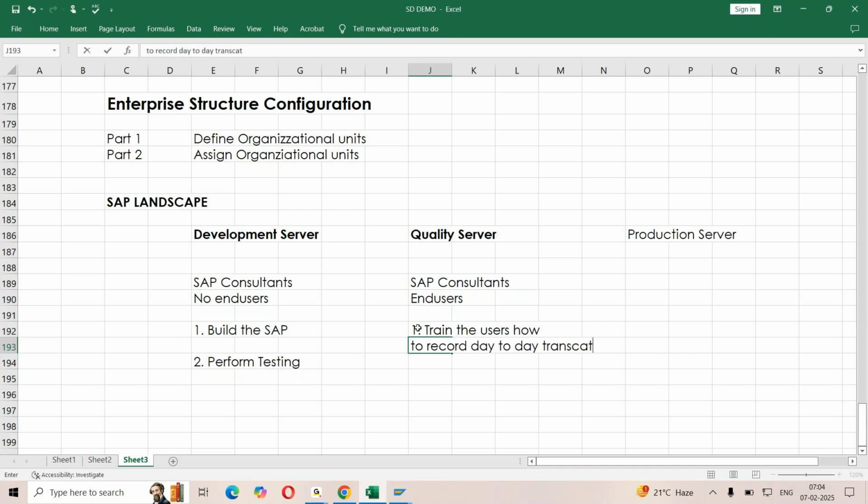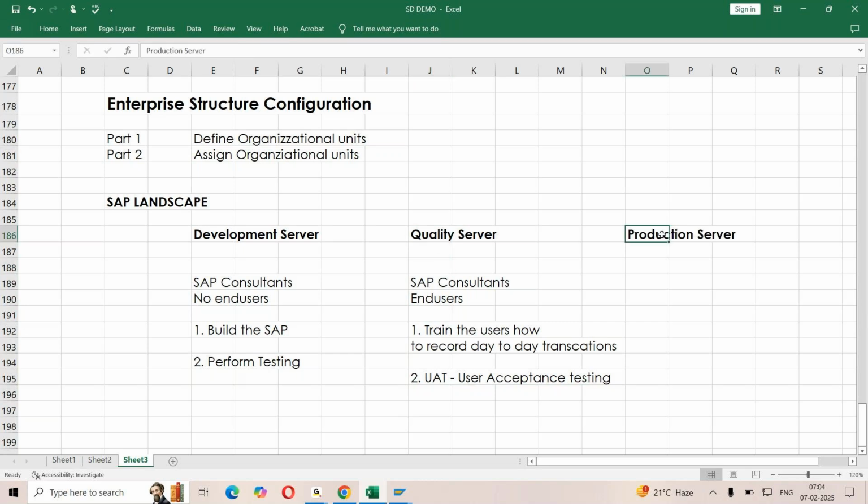We train them how to record master data and transaction data. Front-end application training will be provided to the users by the consultants. Second, UAT, user acceptance testing. Once the user is trained on the application, he performs testing here. This is what is done as part of the quality server.